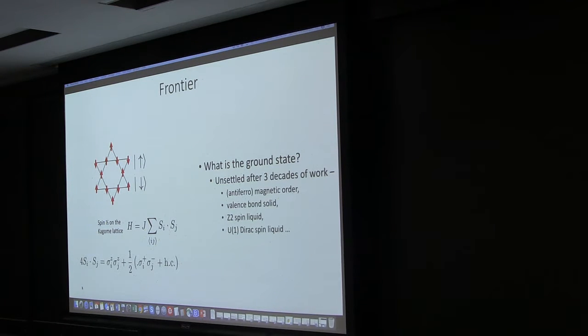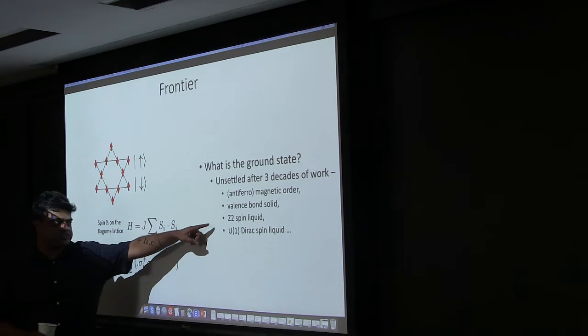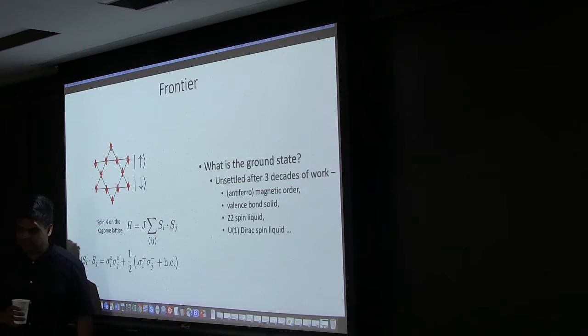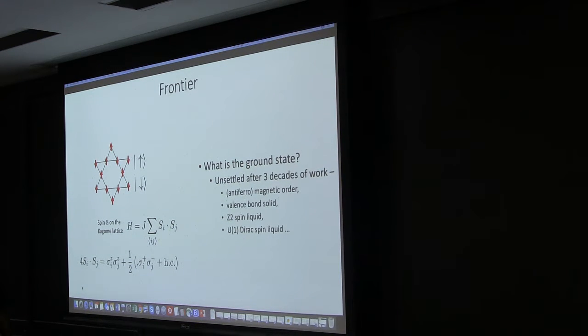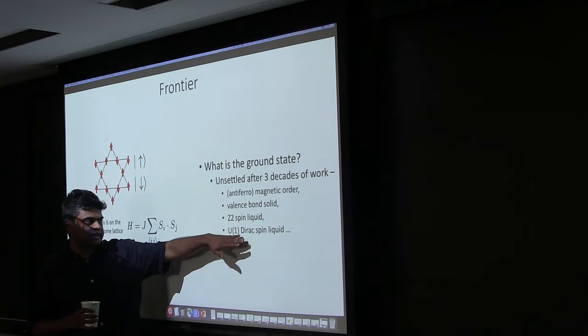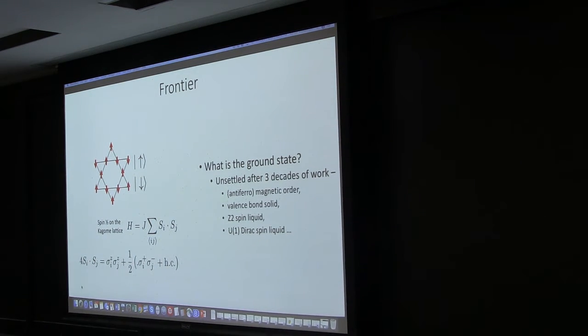And that's something we'll go through in sequence in this course. We'll start with the very simplest ones, the magnetically ordered ones, and then work our way to gauge theories. So for example, the Z2 spin liquid is described by gauge theory, and this is described by an even more complicated physics. There's a gauge theory, but it's also coupled to low energy fermions. I don't know if we'll get to that point, but we'll certainly talk about gauge theories.